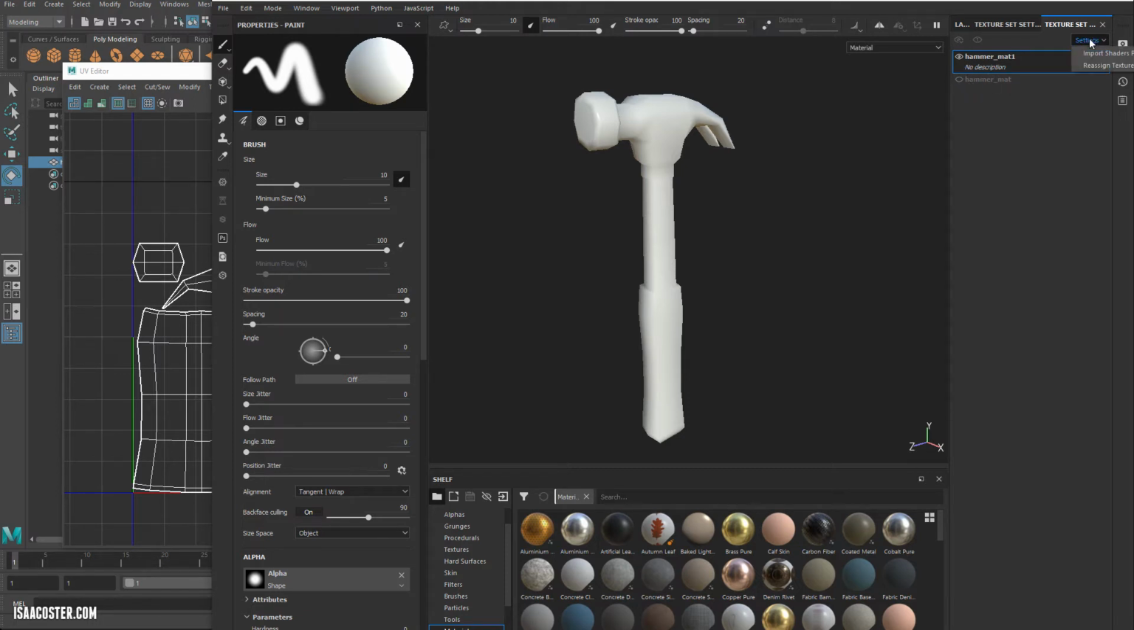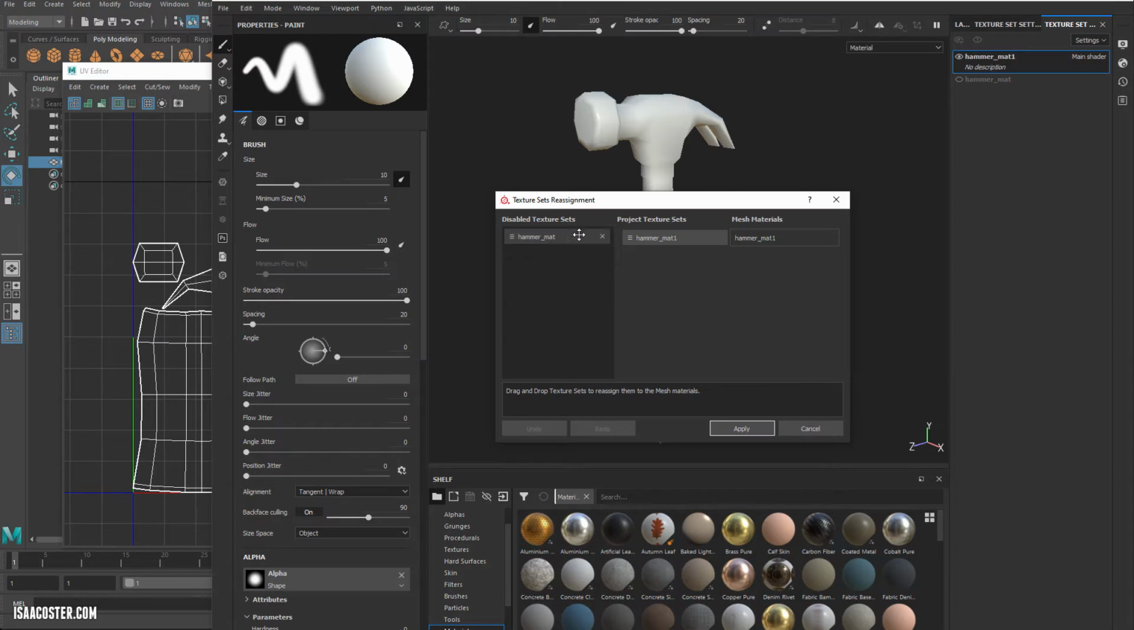So to fix that, I'm going to go to the Settings menu, and we've got this option. It's going to be just a little bit off the screen here, but it says Reassign Texture Sets. And so this is the disabled texture set that was in the scene, Hammer Matte, and this is the new one. So all we need to do is click and drag from the old one to the new one, and you can see now this will be our project texture sets, and this is now our disabled one. So if we just hit apply here,